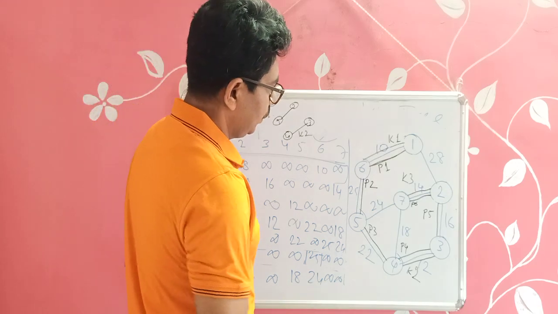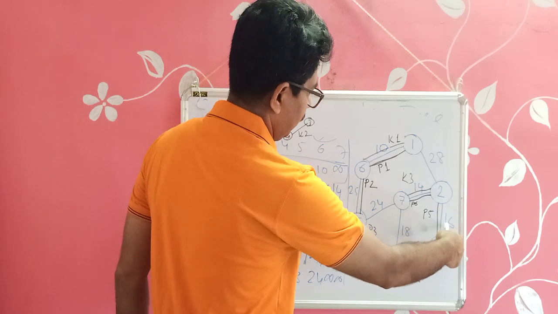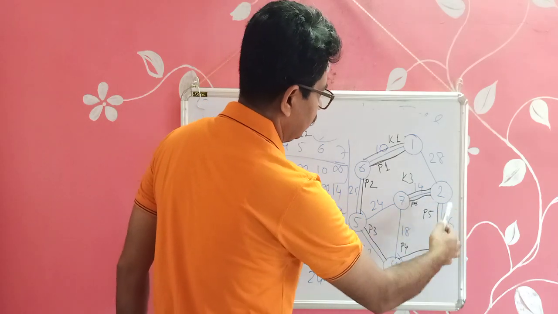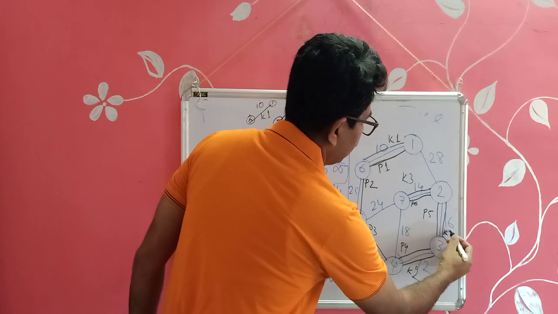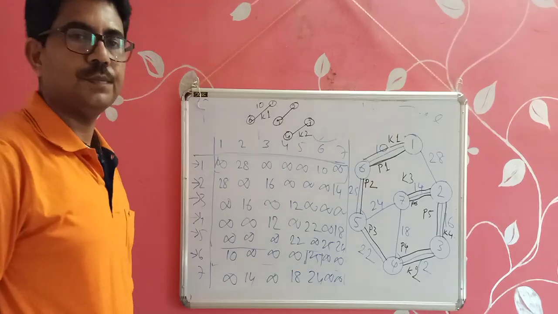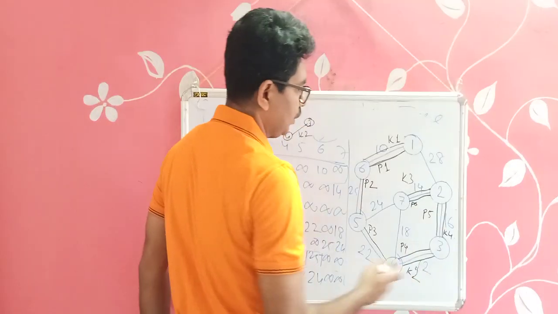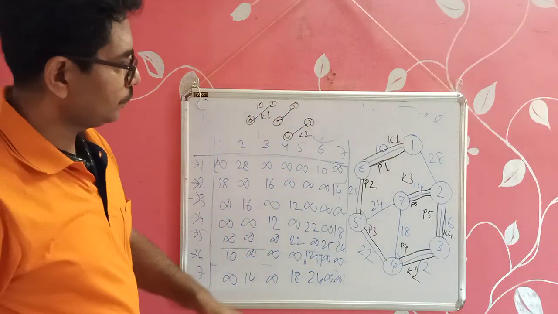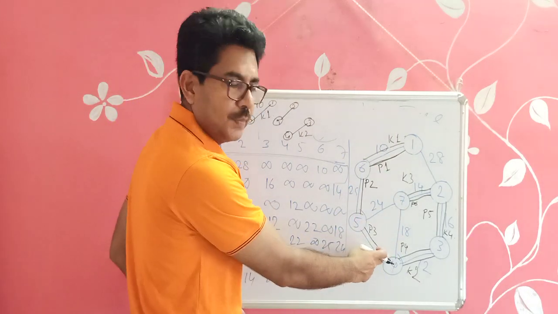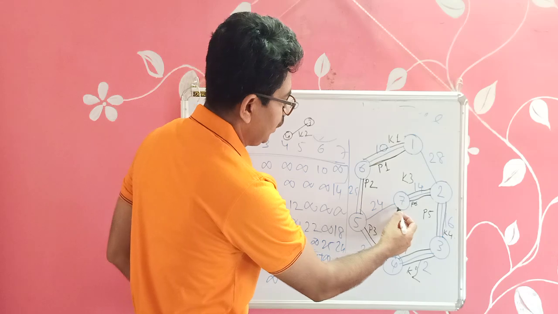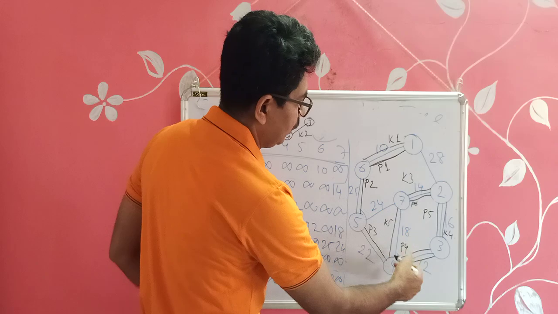Then in the next step, after 14, we can select this, and I think it will not create any cycle. So we can select this one by K4, that is Kruskal's in the fourth execution. Next, if we check, then this is the minimum one. Now if we go on selecting this in the fifth execution K5, what will happen? We will get a cycle.